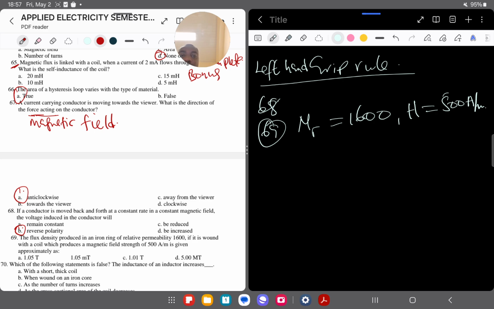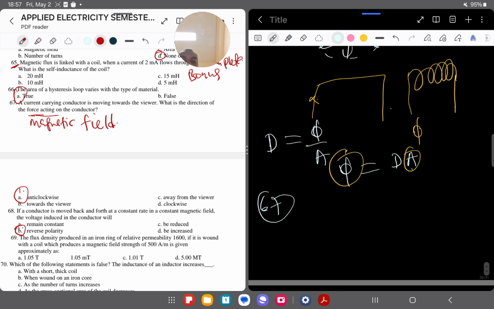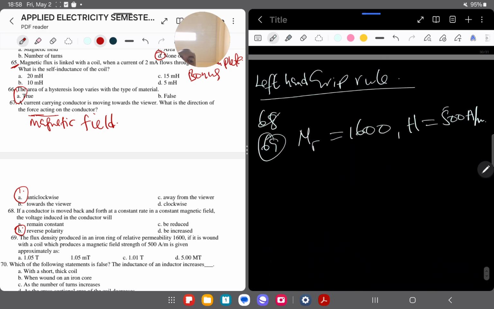To solve for it, the symbol for magnetic flux density is the letter B. So magnetic flux density B over the magnetic field strength H